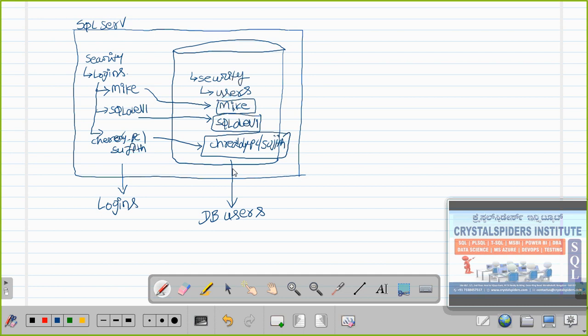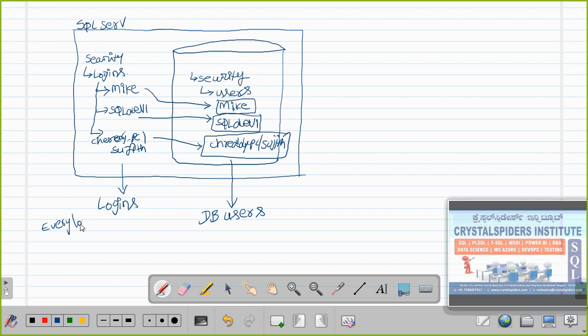One thing we have to remember: every login will have one ID. Mike has one ID, SQL dev1 has one ID, and chreddy-pc/Sujit has one ID. That is what we call the system ID, the SID. Every login is associated with one SID.